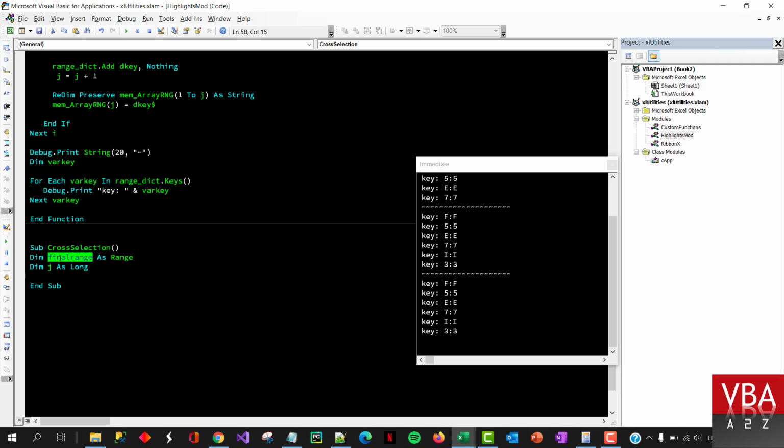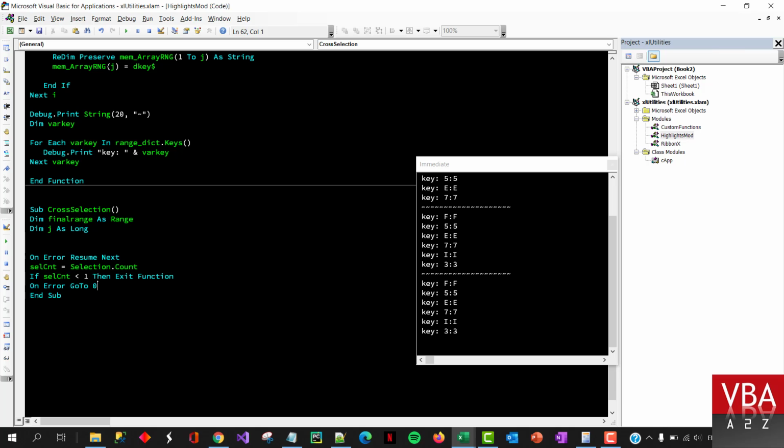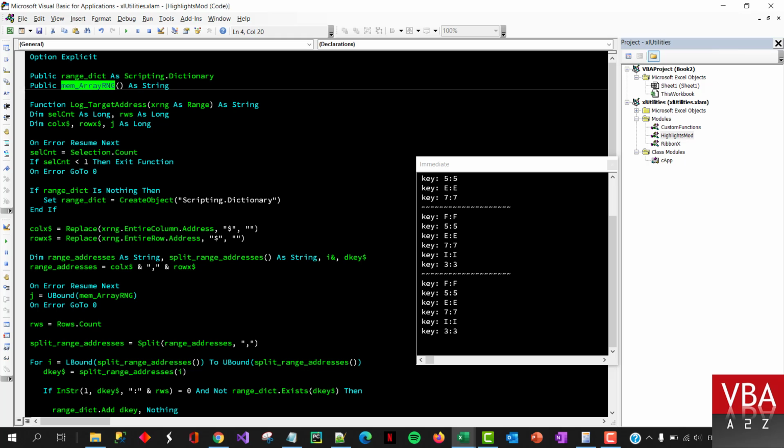This will store our final range from this array, and then we will do the selection. Now let me quickly copy some block of code. Here, if j, which will be the UBound of this memory array,